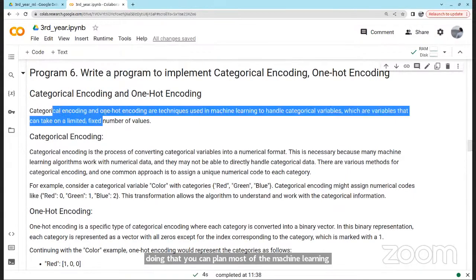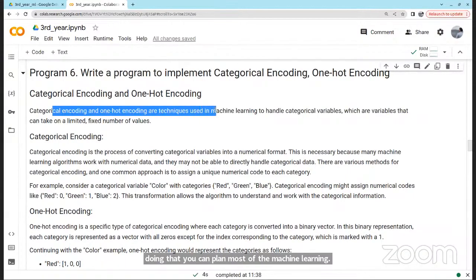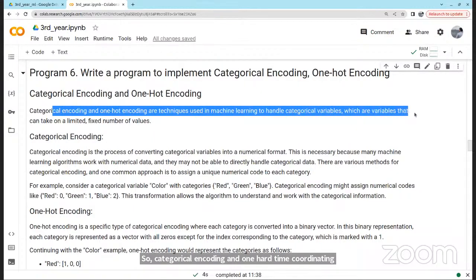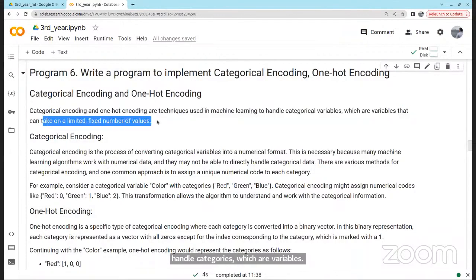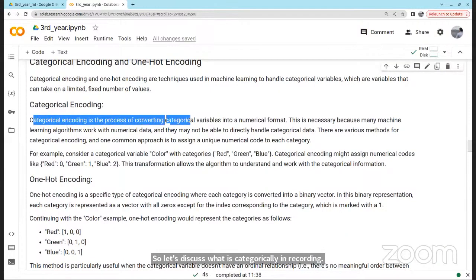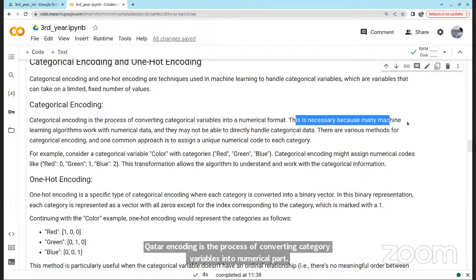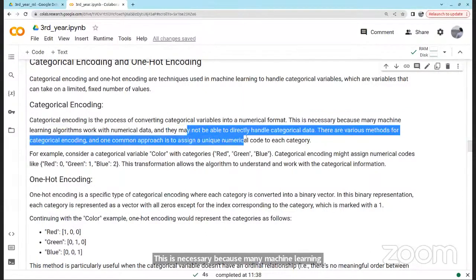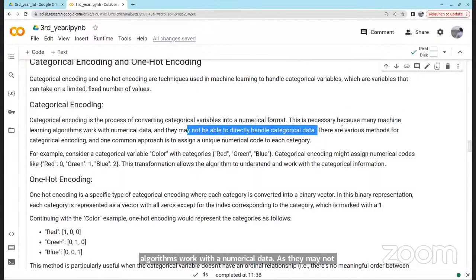So categorical encoding and one-hot encoding techniques are used in machine learning to handle categorical variables, which are variables that can take on a limited fixed number of values. So let's discuss what is categorical encoding. Categorical encoding is the process of converting categorical variables into numerical format. This is necessary because many machine learning algorithms work with numerical data, as they may not be able to directly handle categorical data.